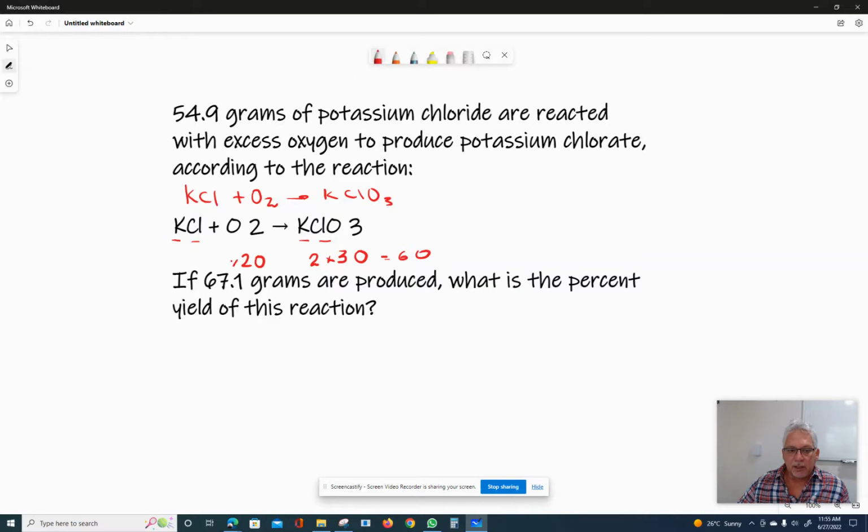And then if I multiply this one by two and this one by three, I can have six oxygen. So I'm going to place a three here. That will make six oxygen, and a two there, and that will make six oxygen. By doing so, I now have to modify the number of potassium and chlorine. So I have to place a 2 here, and then I will have 2 potassium on the left, 2 potassium on the right, 2 chlorine on the left, 2 chlorine on the right, 6 oxygen on the left, 6 oxygen